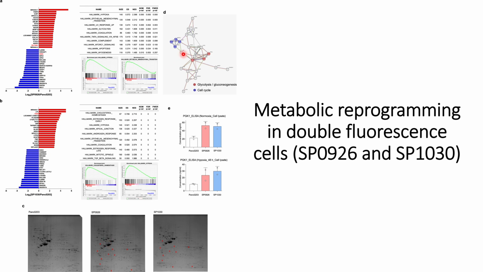Based on these upregulated proteins, they are able to identify two different pathways that are upregulated: glycolysis or glycogenesis, and the cell cycle pathways. These pathways are upregulated in both the knockouts, and they validated this both in the normoxia condition and also in the hypoxia condition, where they found that